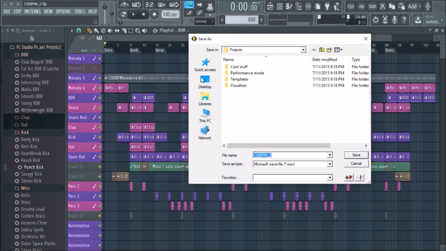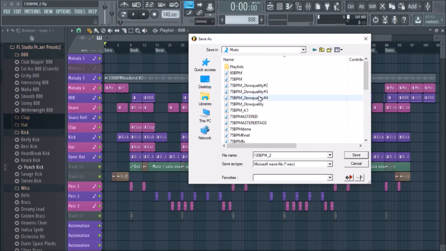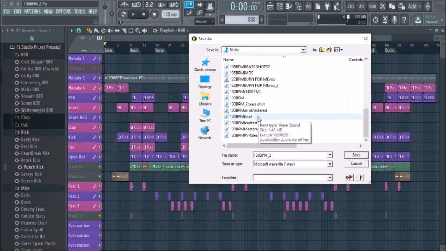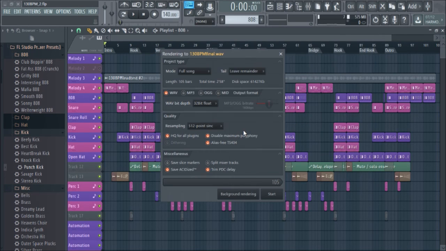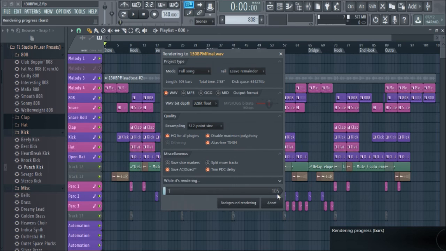So WAV, and I think I have it on here. Final. We're just going to overwrite this. 32-bit float, 512 point sync. Start. Okay guys, so